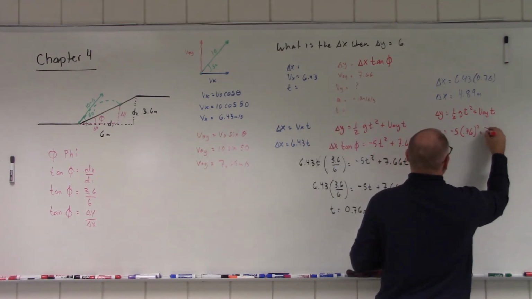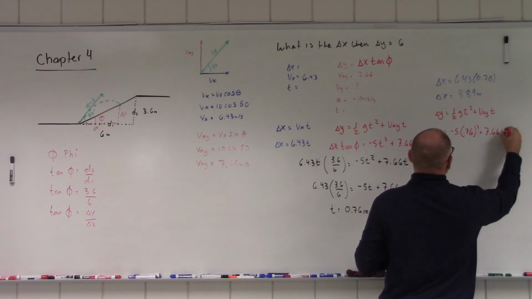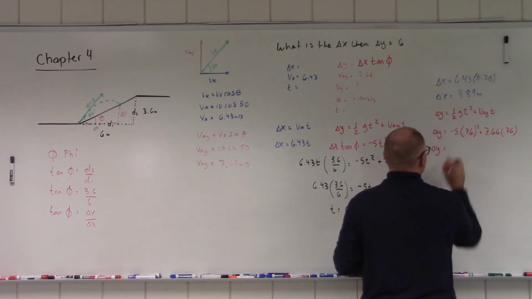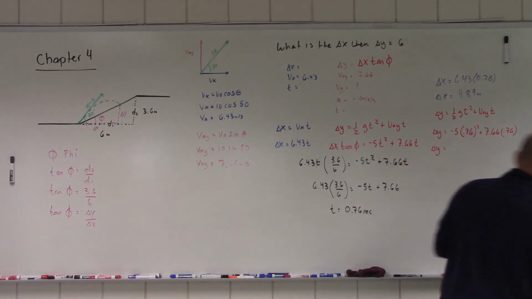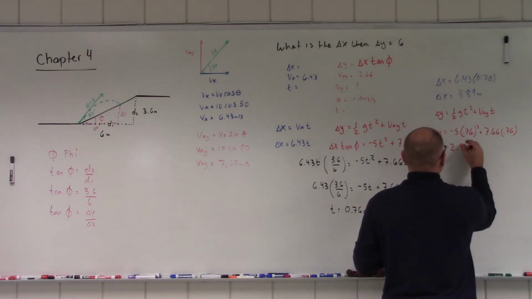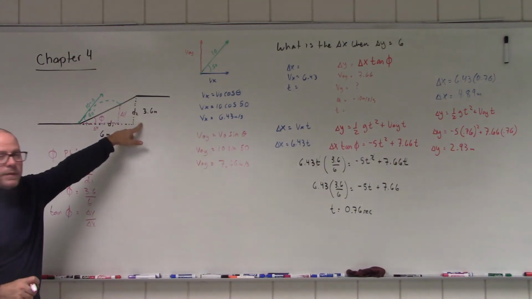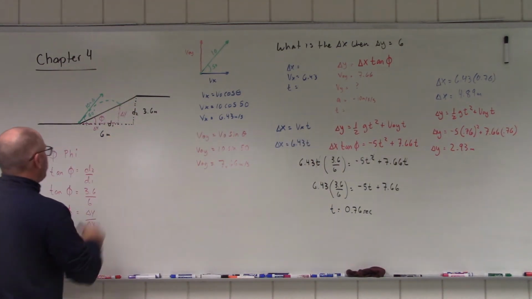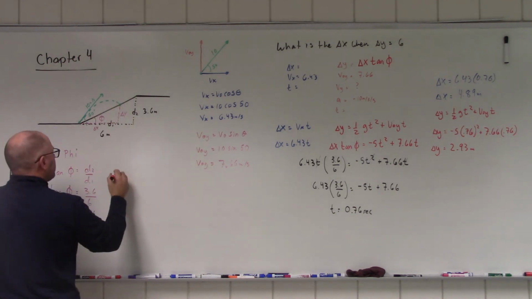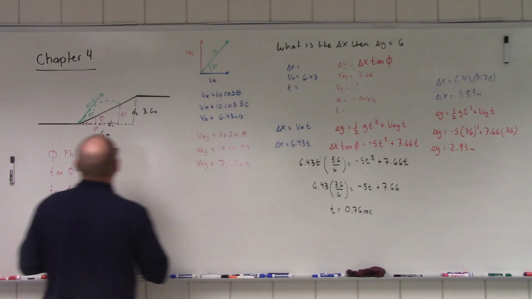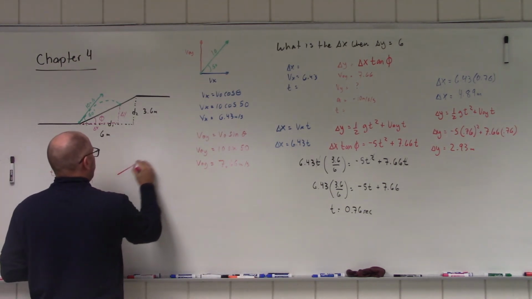Plus 2.93, which is less than 3.6, so that's good. And so to get the magnitude of this, which is the pink that they're asking for, so to get the pink,